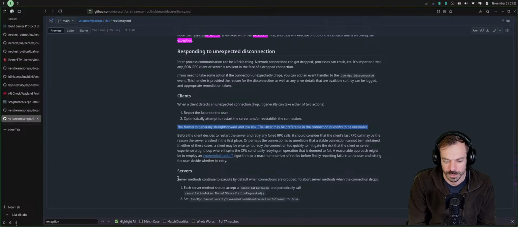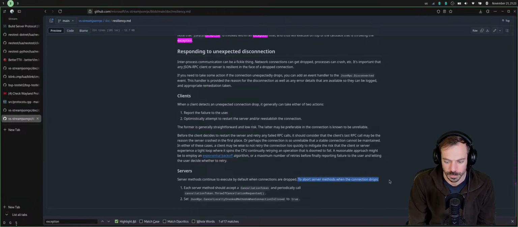Okay, what's here? Server methods continue to execute by default when connections are dropped.